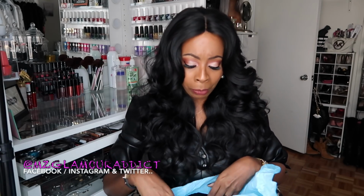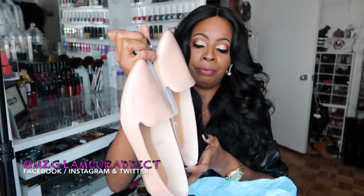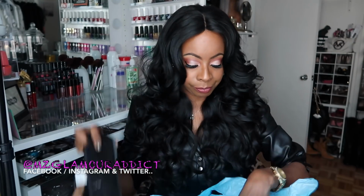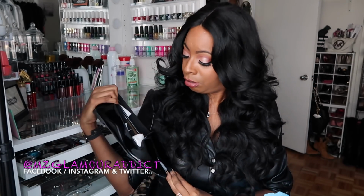And when I like something, I buy more colors. So I got them in the beige, you know, like the nude color. Then I went and got the plain faux suede. These are the faux suede versions right here. And lastly, you know me, the black patent leather ones. So then I got the black patent leather ones, and that's right there. And actually this looks like it matches pretty much what I got on. But on that note, dolls, this pretty much just